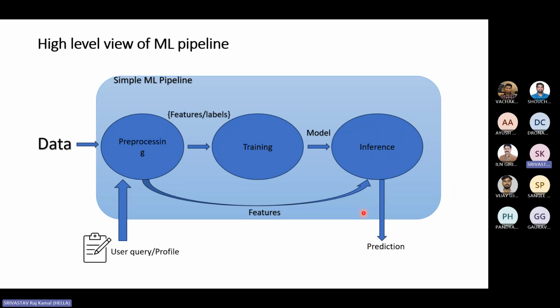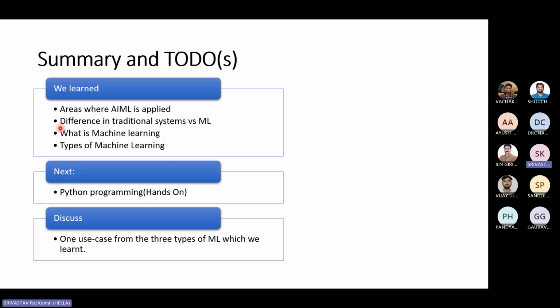So this is a simple machine learning pipeline, and there will always be more steps here, but every step lies in these three things. When we code a few algorithms, we will definitely look into the code. I'll do it in front of you, and I'll share the code with you as well to practice. I would be doing pre-processing and training. There's one more thing I've not mentioned here: evaluation, which model is best. Then I take some query, do the inference and find the predictions. So this is the pipeline system design of a machine learning pipeline.